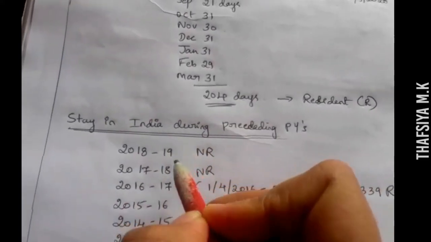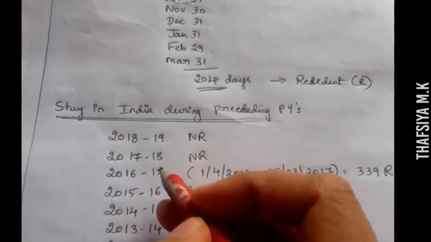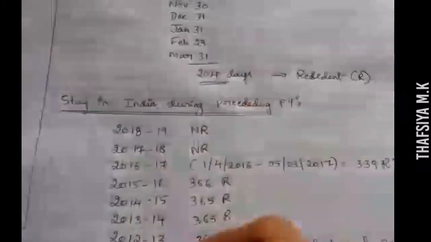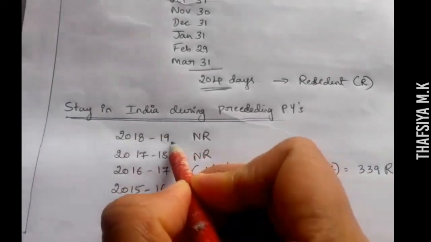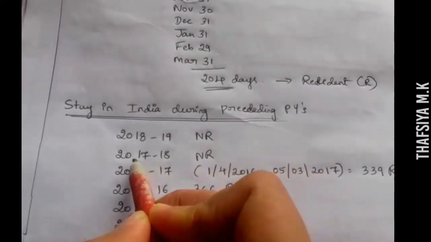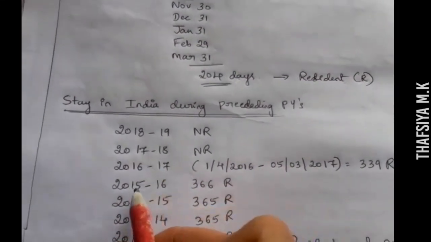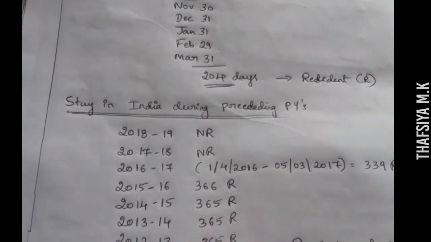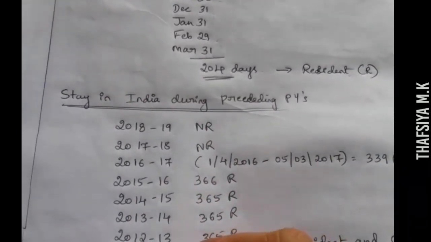Here in the condition they have taken a maximum of 10 years. So you take 10, or at minimum you can take fewer and after that you can add 1 by 1 year. 2018-19, 2017-18. This is the first preceding previous year, 2017-18 the second preceding previous year. 2016-17, 2015-16, 2014-15, 2013-14, 2012-13. Likewise we have to take 10 preceding previous years.